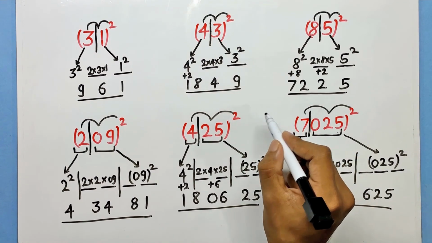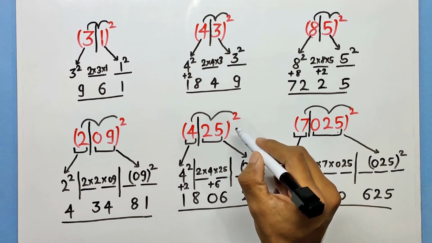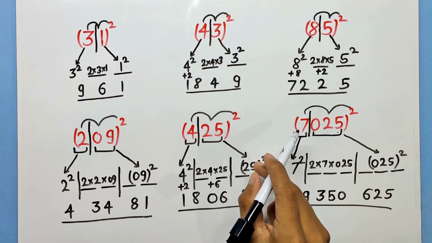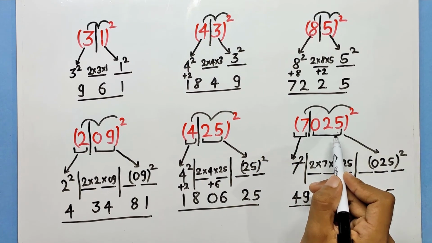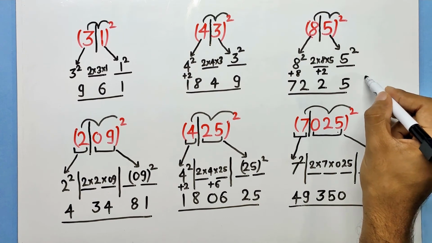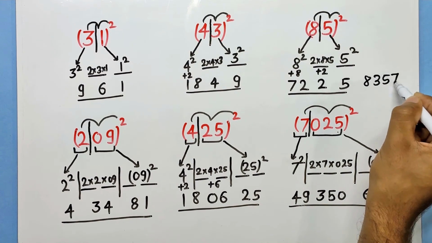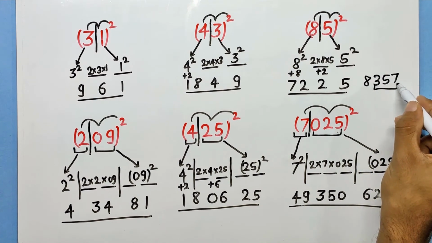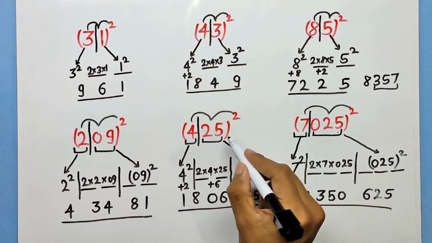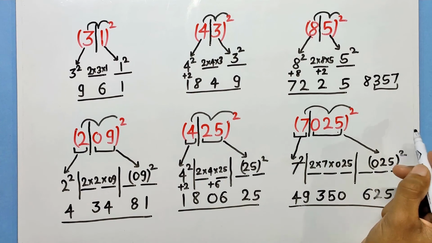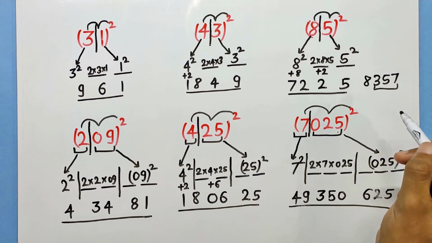I personally think that this method is powerful up to 2 digits and 3 digits. When it comes to 4 digits, only simple numbers can be calculated fast. When you have a complicated number like 8357, then you have to find the square of this number at this position. So at that time you have to use this method again. This makes this method complicated, but it's still faster than the usual method.